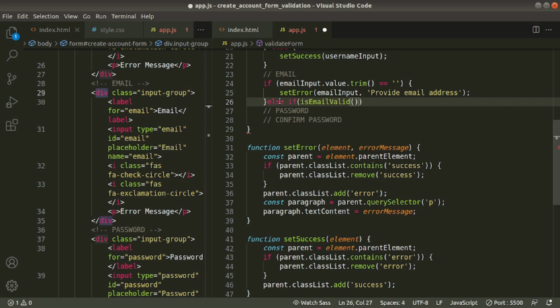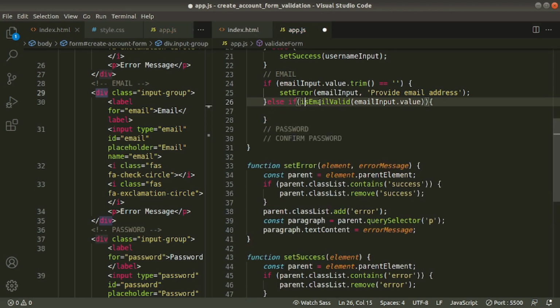Now pass the email input field's value. Now we don't have this function, I'll create it in a moment. This returns true or false. If it is true, the email input field contains a valid email. If it is false, it does not contain a valid email.